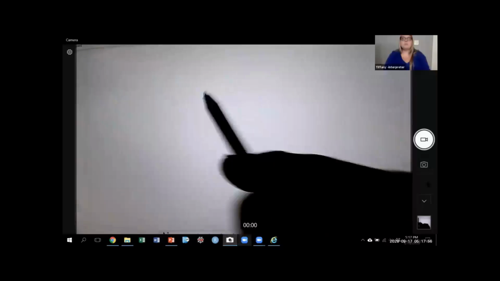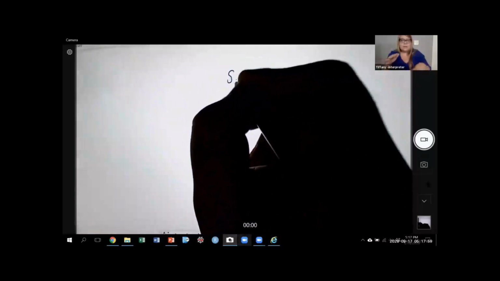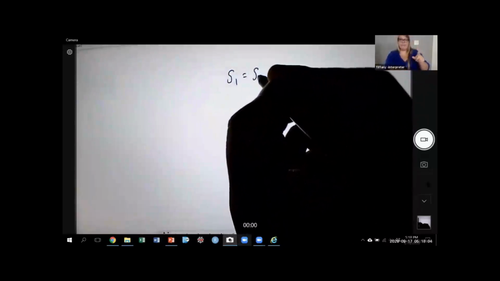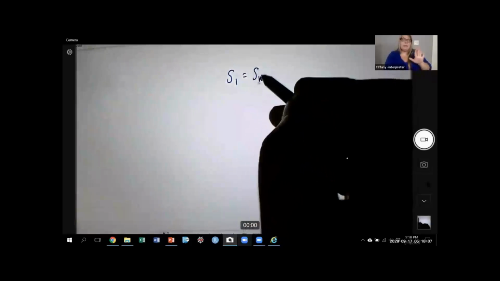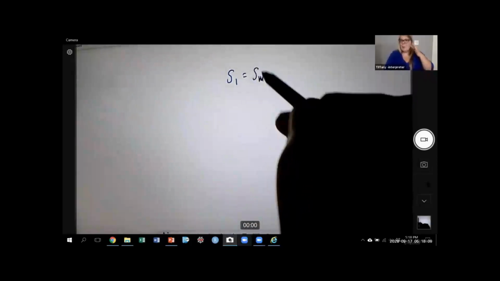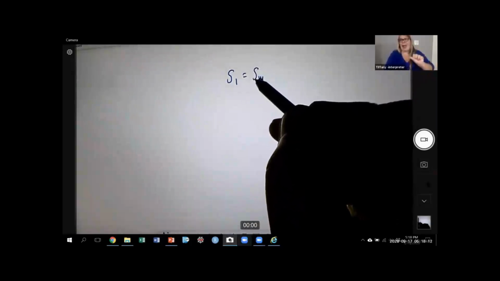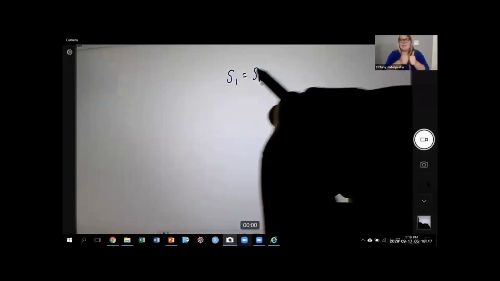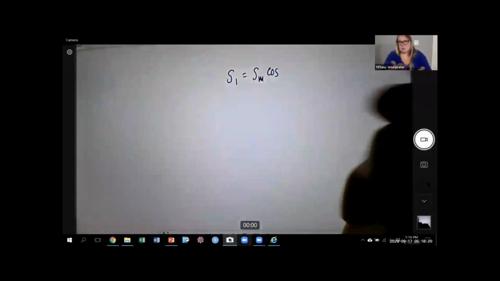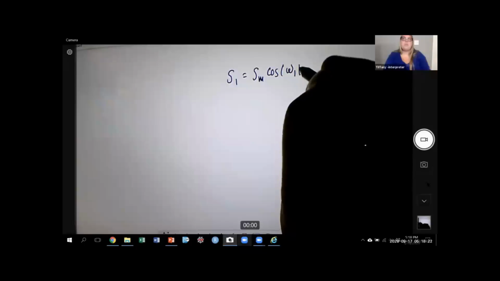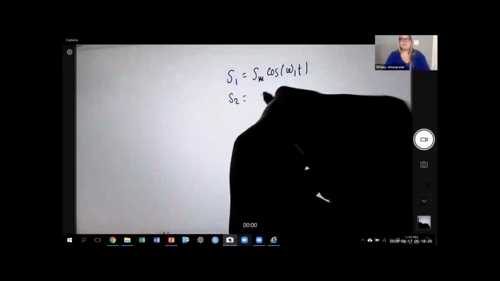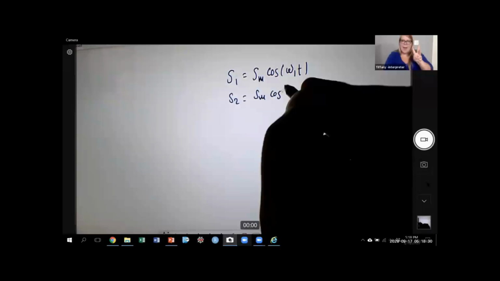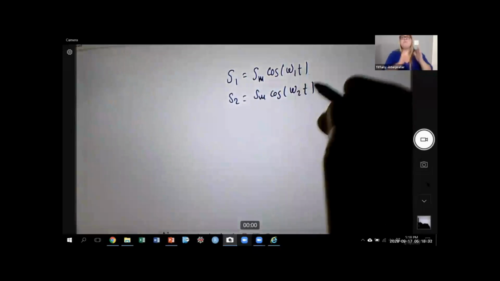sound waves. Since it is sound wave, we're going to say S1 is the first source of sound, and its wave function is what? We're going to call it S_M. Since it's sound, you could replace it by A, amplitude. So S_M means the maximum displacement of the sound wave, the sound wave amplitude, right? And cos or sine, so we're going to take cos. So omega 1 t, right? What is S2? We're going to take identical waves, right? The same amplitude, cos, but slightly different frequency, right?